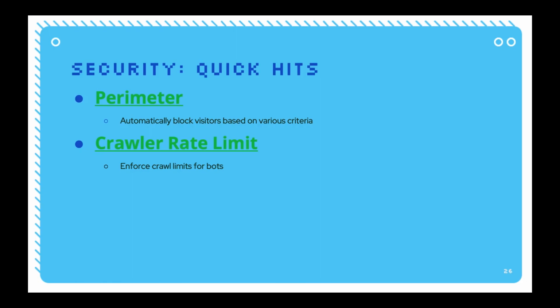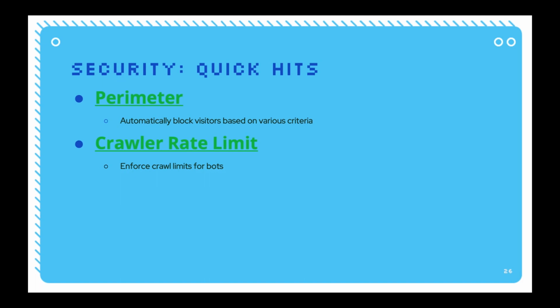A couple of other modules that can help from a security standpoint. Perimeter is a module you can use to essentially identify and automatically block bad actors based on their behavior. So you can do things like say, if on my Drupal site somebody is requesting the path to the WordPress login, they're clearly not someone who's genuinely trying to use my site. There's somebody who's sniffing for vulnerabilities, so we can just outright block them. So by doing those more behavioral-based checks, that can be an effective way to automatically ban